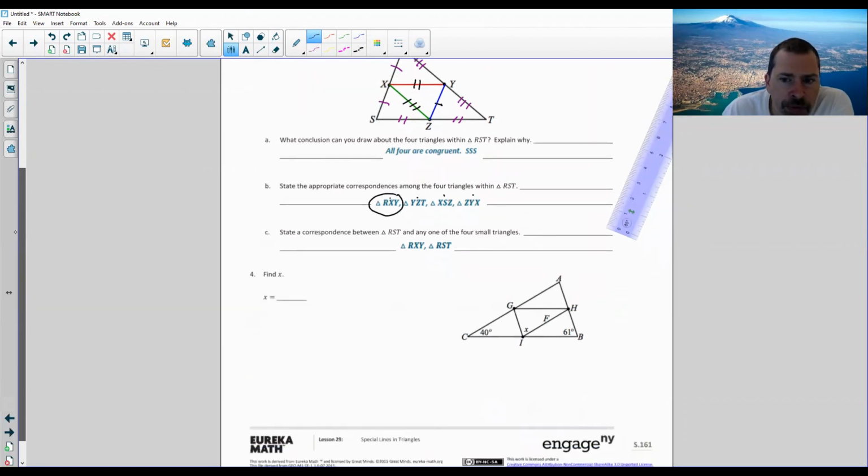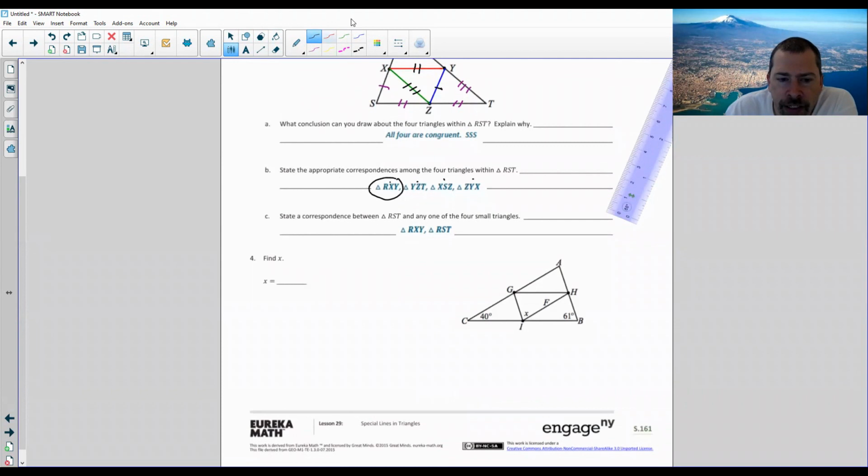So they chose RXY. You could have said YZT RST or XSZ RST or ZYX RST. Okay, so now let's move down to this question here, and it says find X. All right, so it's right here. So we're done. There's X. All right, anyhow,